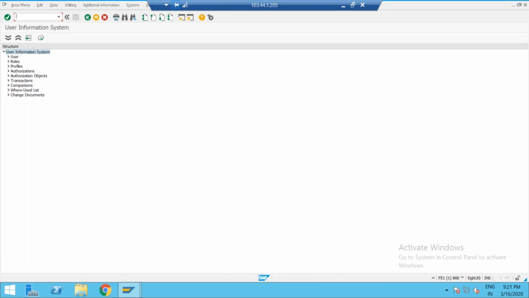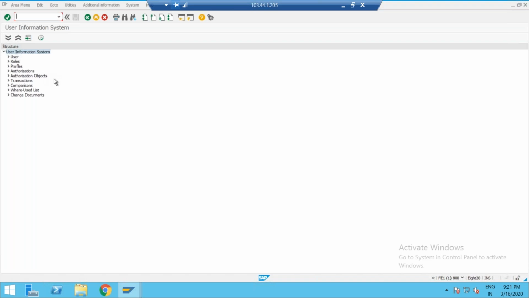What is the user master record here? The user consists of only four concepts: user, role, profile, authorization. The group concept is not available. When you go for an interview, they ask that in SUIM you cannot perform reporting group-wise, only for single users. Multiple group-wise is not possible.